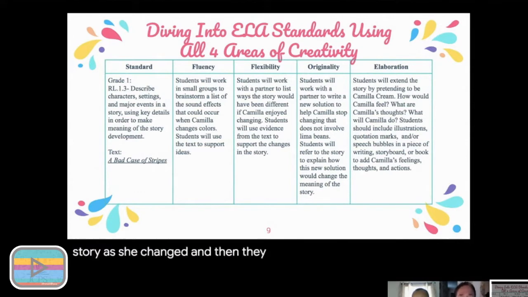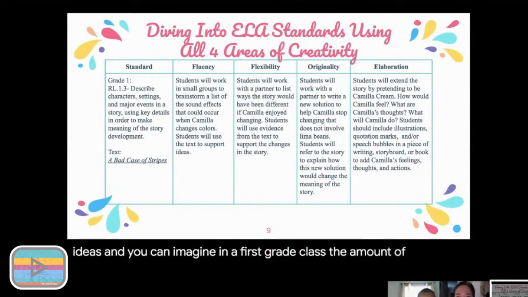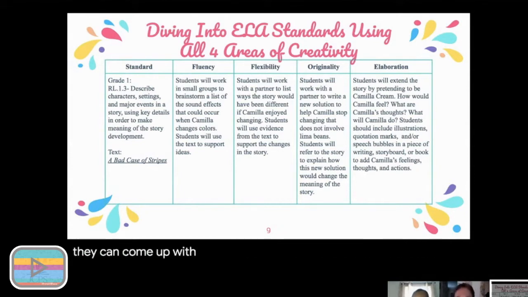And then they can use the text to support their ideas. And you can imagine in a first grade class the amount of sounds they can come up with and how much fun that task would be for them. So automatic engagement. For flexibility, what we thought of where students could work with a partner to list the ways